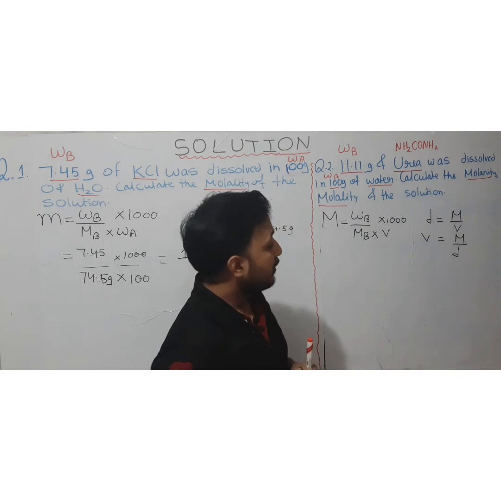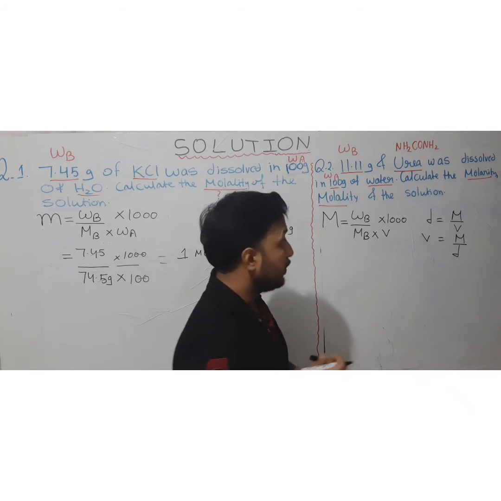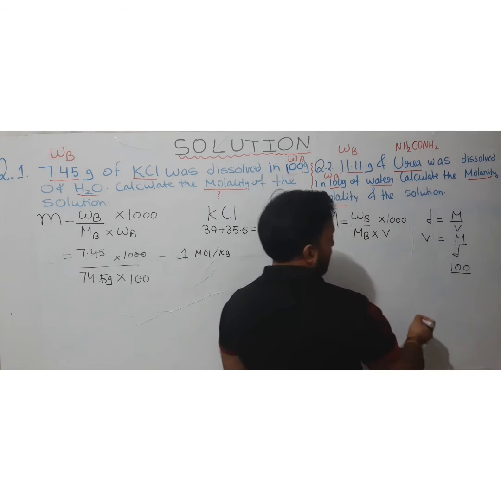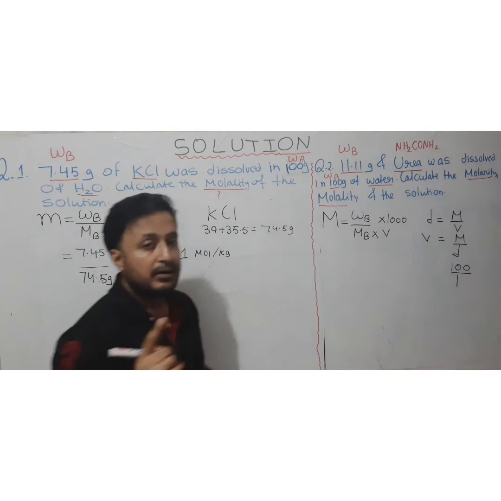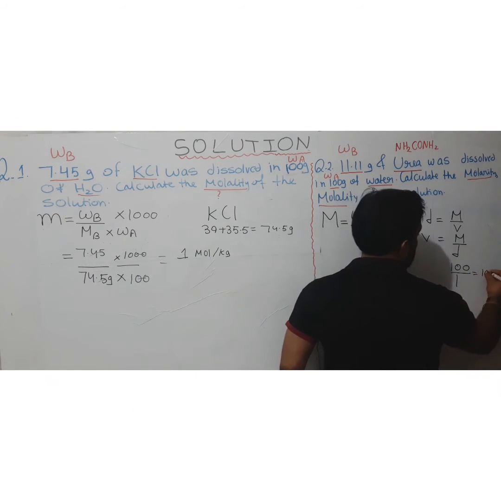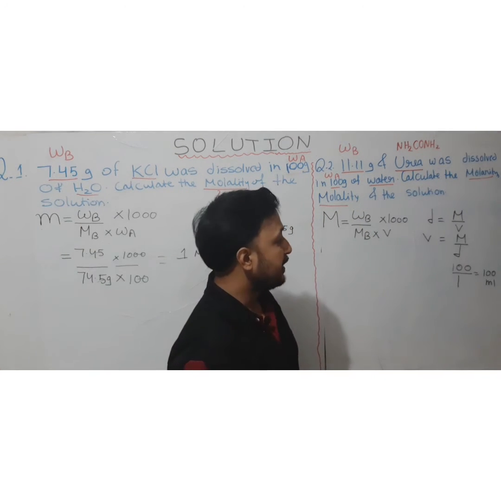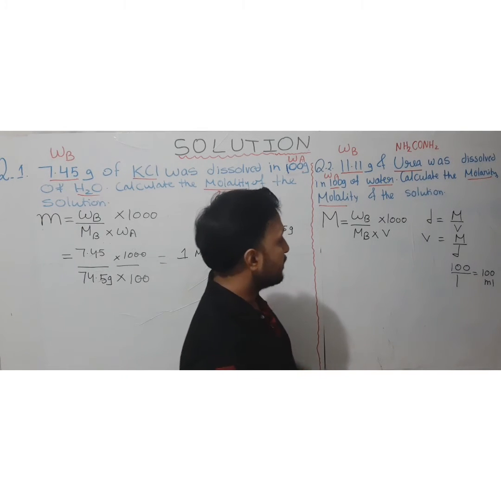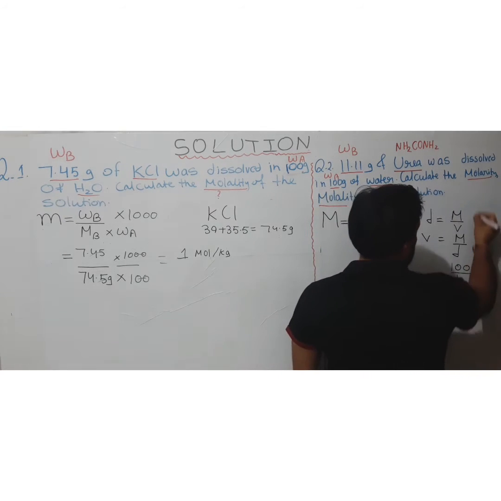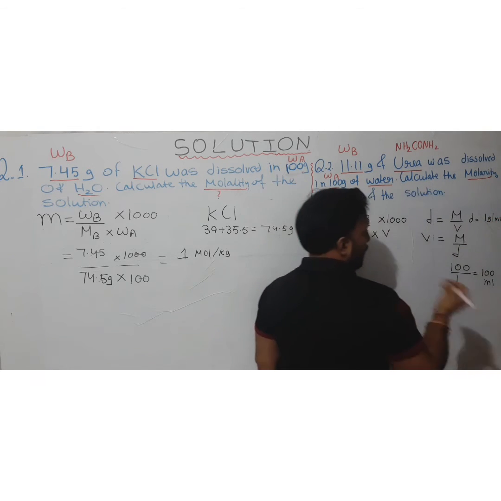Now here we are considering the mass of the water and the density of water only. Now the mass of water is given, 100, and the density of water we usually consider as 1 gram per centimeter cube or 1 gram per milliliter. So if we divide it, the answer will come 100 milliliter. The volume will be measured in milliliter, as the density unit we are using is 1 gram per milliliter, as the mass is given in gram. So I am mentioning here that the density we are using is 1 gram per milliliter. Okay, so the volume is coming.